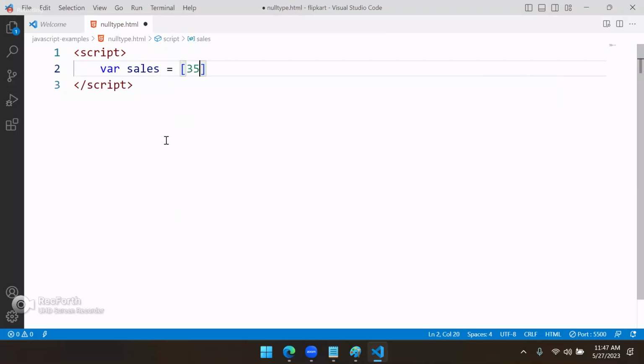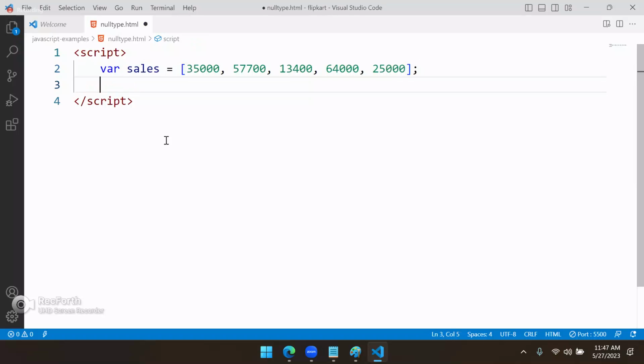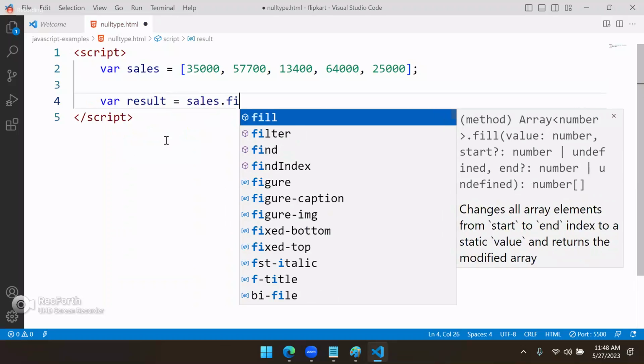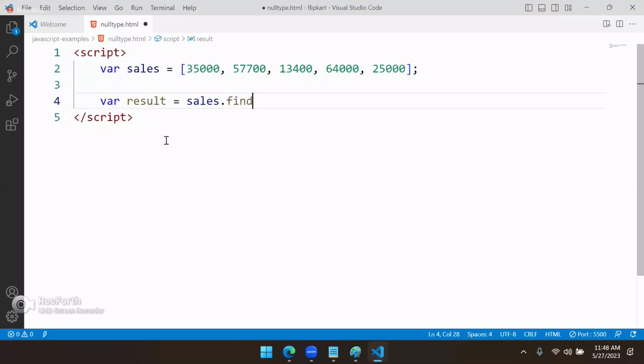As of now, I am writing sales is equal to, that is 35,000, 57,000, 13,000. And so like this, we have some values, 64,000. I want all the sales greater than 50,000. All the sales greater than 50,000. I want to print all the sales greater than 50,000. So what we will do is where result is equal to sales dot, we have a find